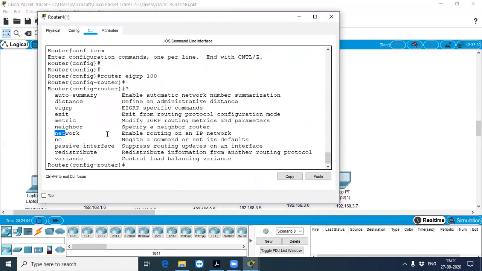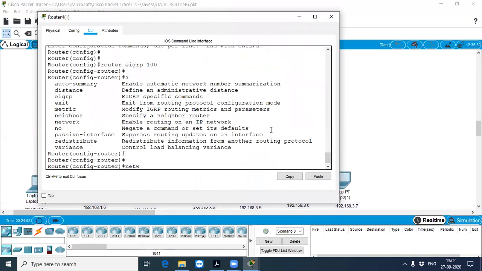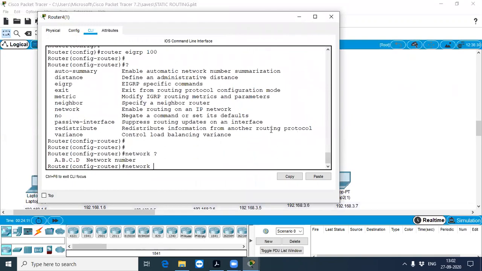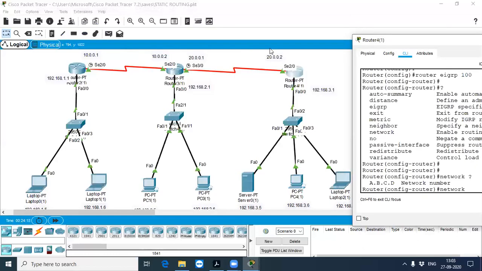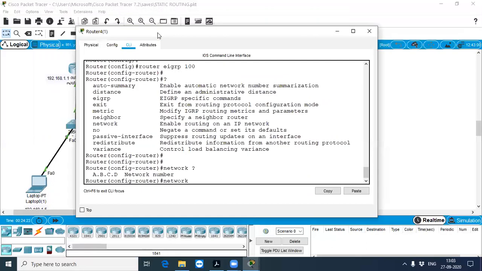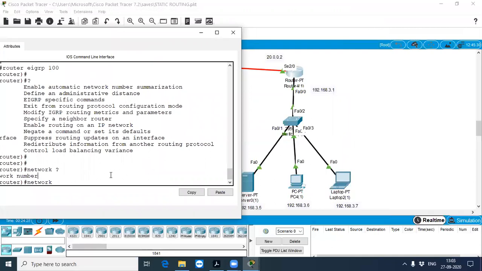Now I'm going to configure the network, so I have to choose the network command. Type network again. If I forget, I can give a question mark. A.B.C.D belongs to your IP number. How many different networks is this router connected to? Two different networks: 3.0 and 20.0.0.0. First I'm going to configure network 192.168.3.0.